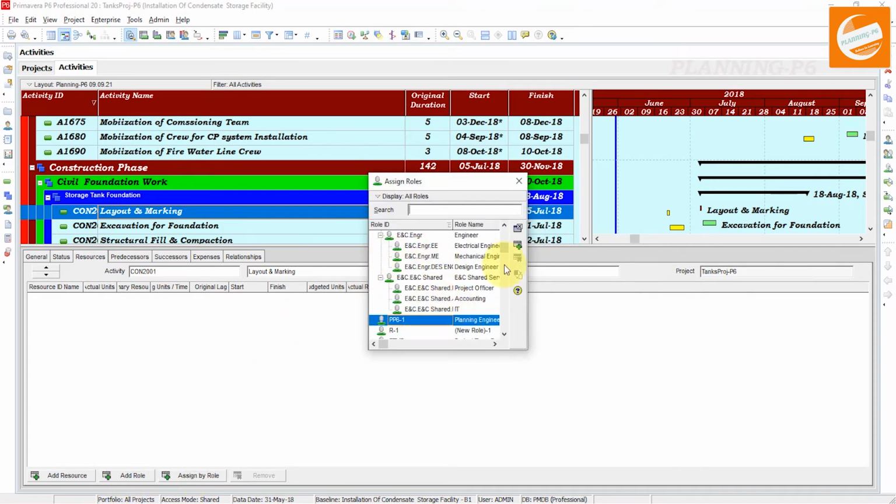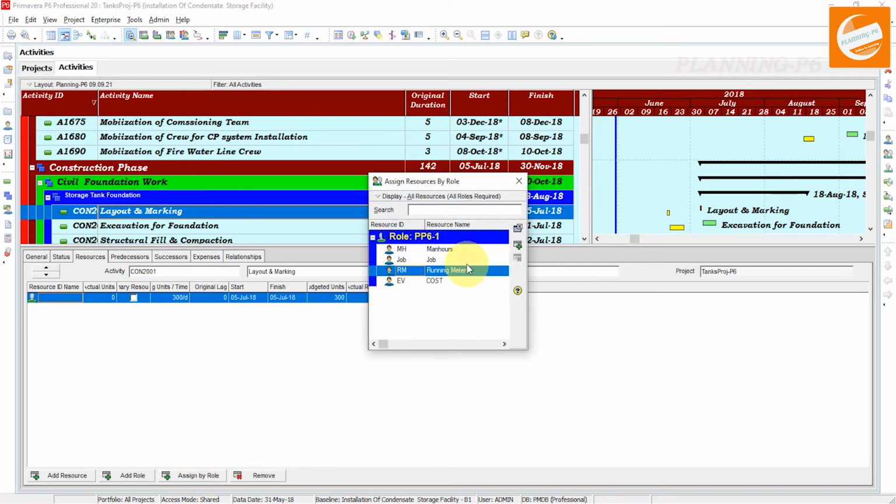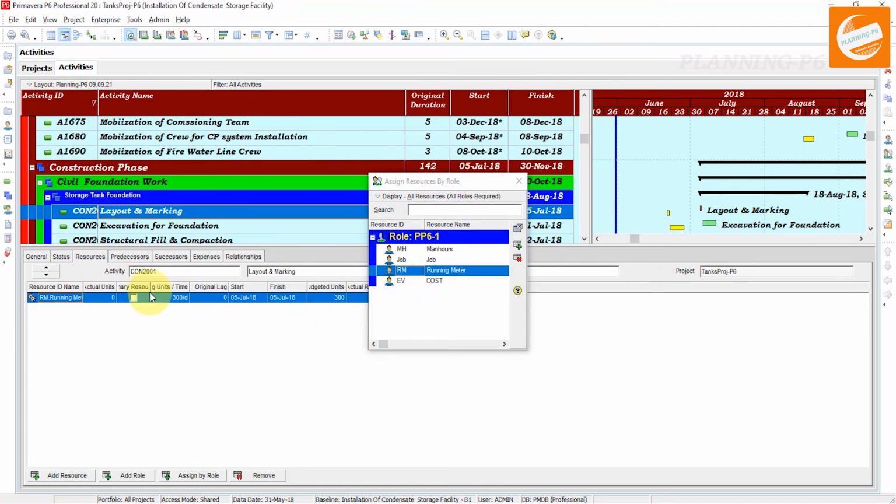Add a resource role, and this one. Okay, and then assigned by the role. Add, yes. Now you can see you can assign the resources from the role. You can see these resources are assigned to the role, and then I have to assign them one by one. Whatever I want, I can assign from here: running meter, job, whatever.